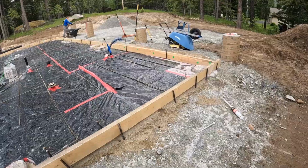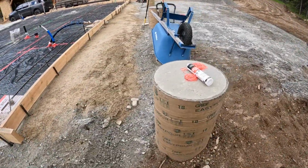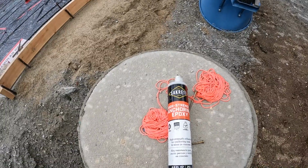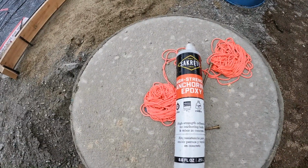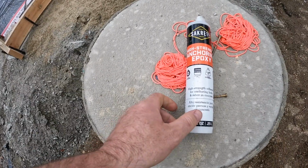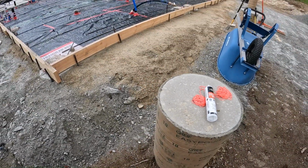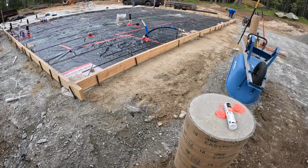This is the product I use for the epoxy, high strength. This one's 24 hours, but I also used a 10-hour version for all the piers. So yeah,